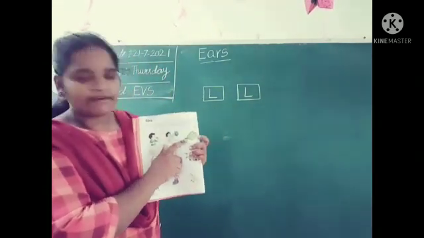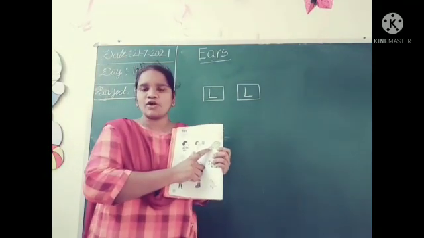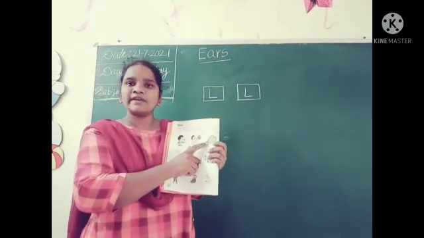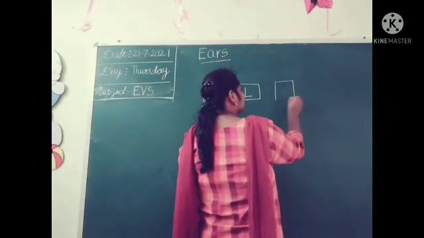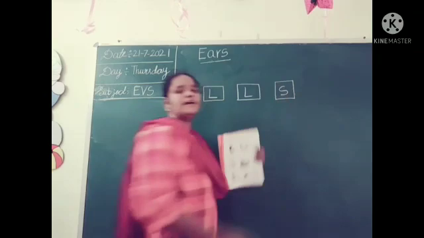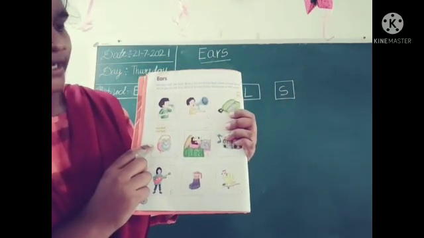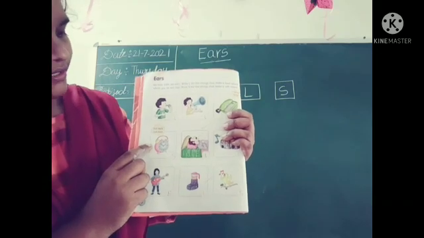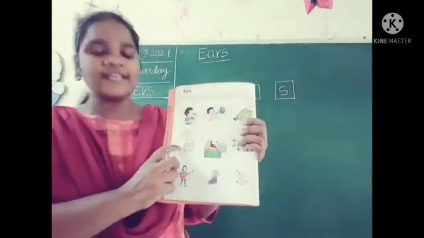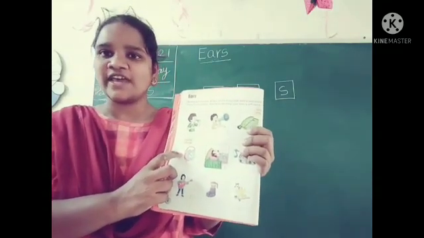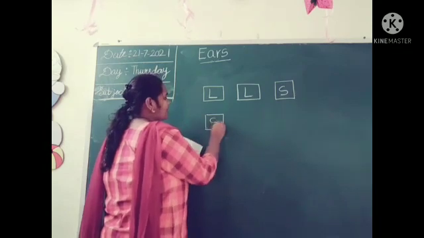Okay, next. See this ring ring. Yes, this is the sound of the telephone. It is not a loud sound. It is a soft sound. That's why we keep S for the soft sound. And see the next picture children. Clock. Tick tick. Tick tock. Yes, this is the sound of the clock children. Clock sound also a soft sound. That's why we put S for the clock sound.